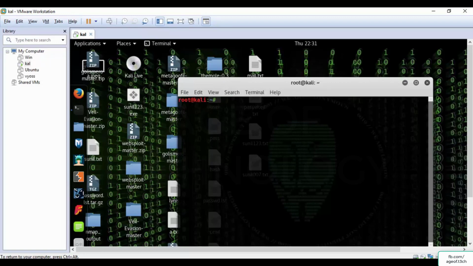So let's do it. crunch 4 5 4 5 Sunil -o /root/Desktop/medusa.lst